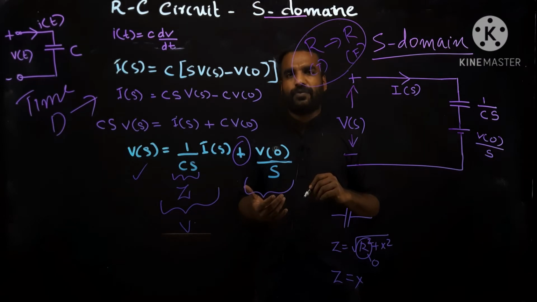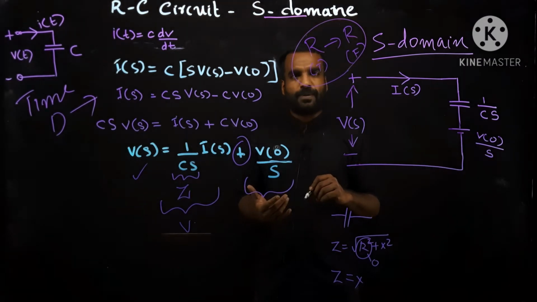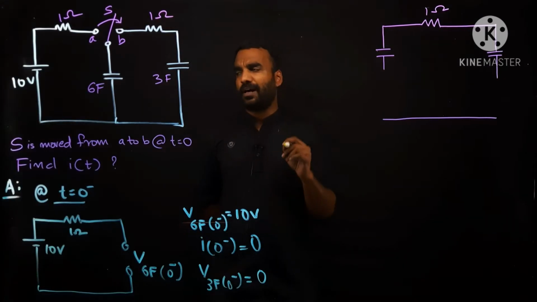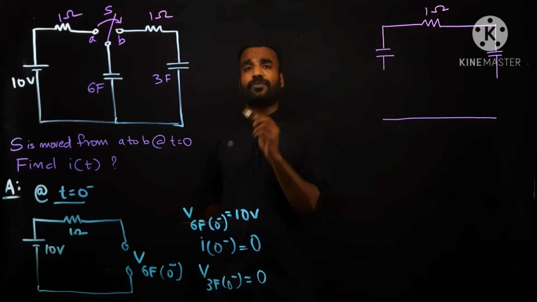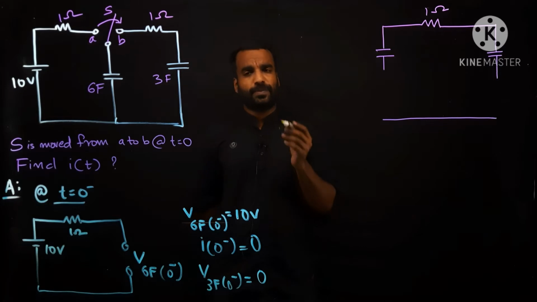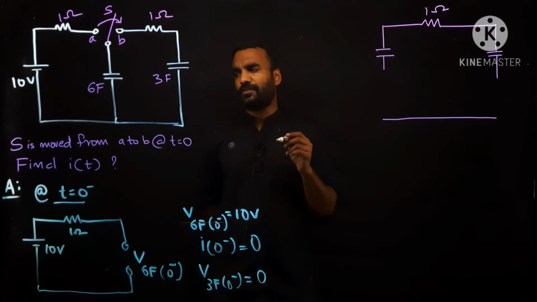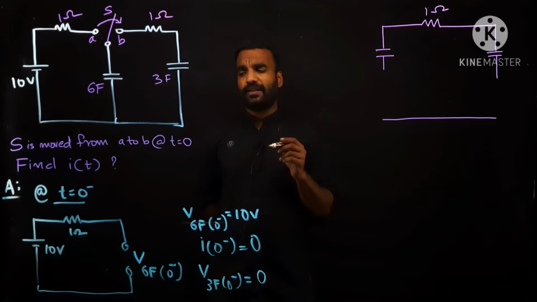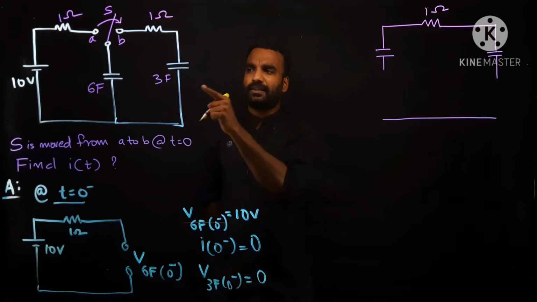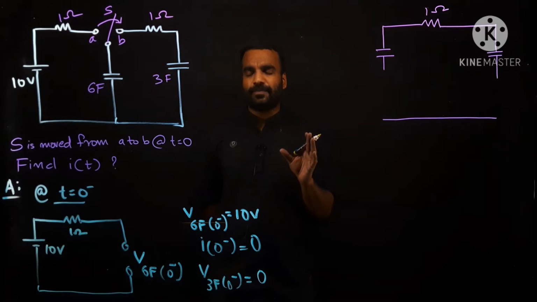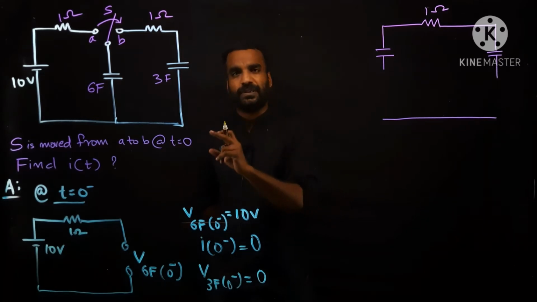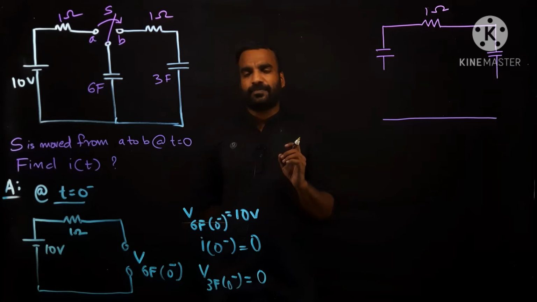Okay, so now we can move to the problems of this area. Okay, so this is first problem from RC transient circuit that we are solving using S domain analysis. So before that, actually there is one more thing in our syllabus. We can find the I of t and V of t equation by using this S domain analysis. That is, we can find the standard I of t expression by using the S domain analysis.